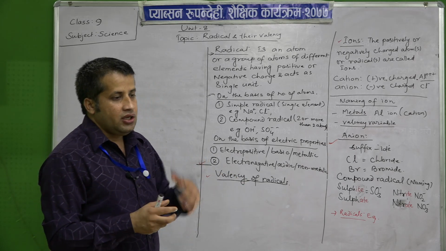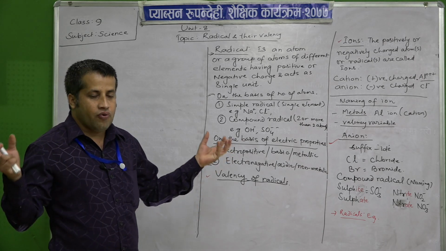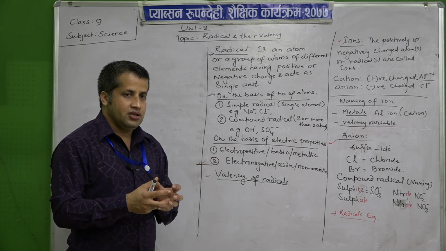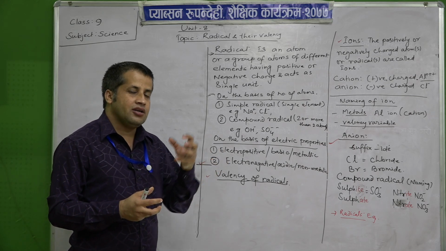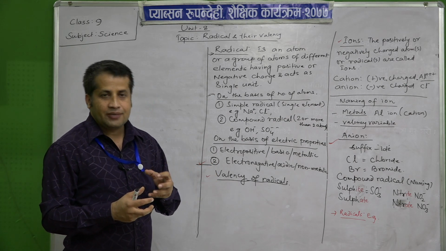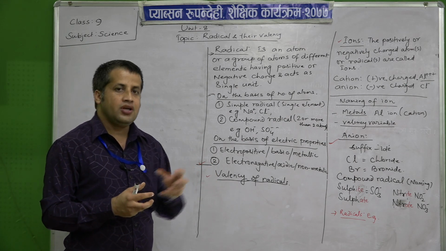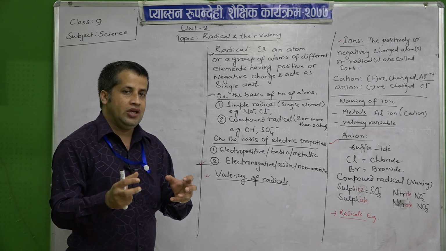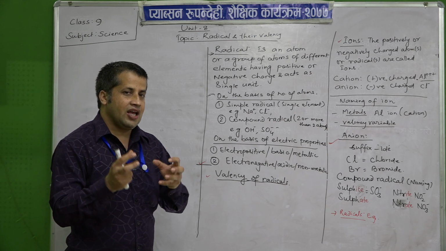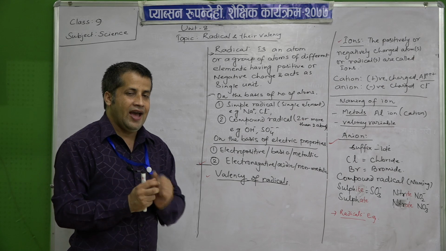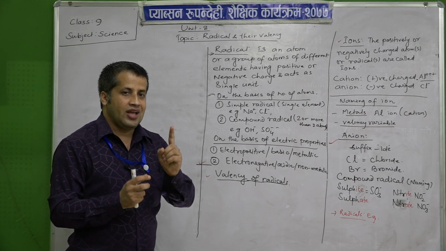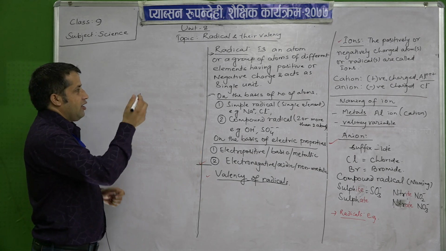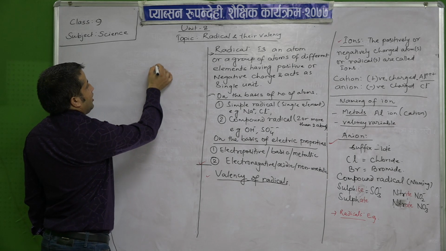But in a radical, if the group is formed by combining different elements, it will have either a positive or negative charge, and during a chemical reaction it will behave as a single unit. Whatever charge they carry, they carry as a single unit. For example, like a radical,